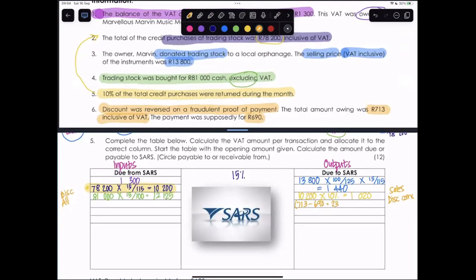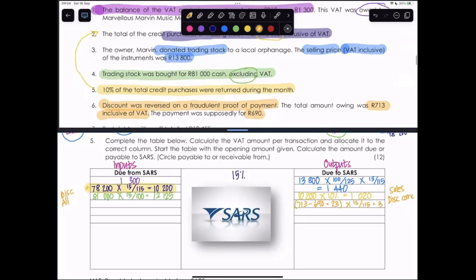From that, you're then going to need to go and work out the VAT by saying times the 15 over 115. Quite simply, the amount of the total debt would always be the inclusive amount. Debtors, bank, or creditors are inclusive, and that would then give you the 3 Rand that would have to be added to the amount owed to